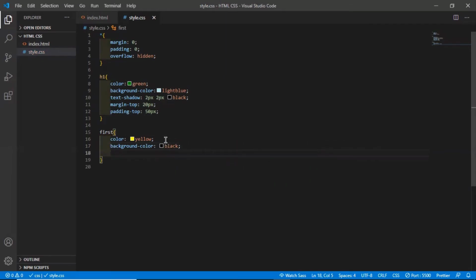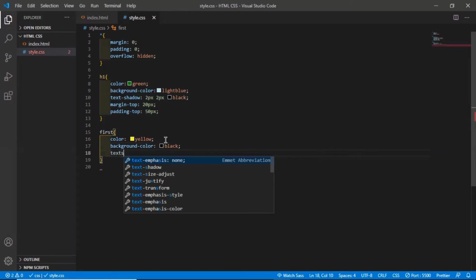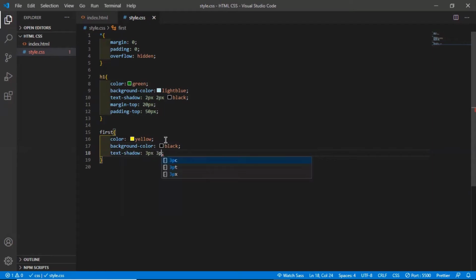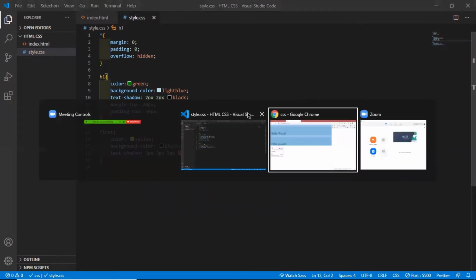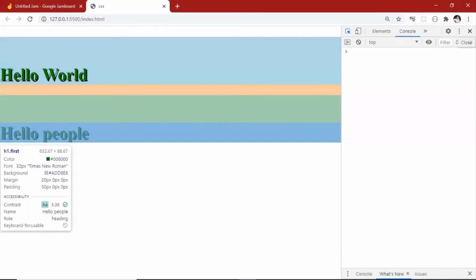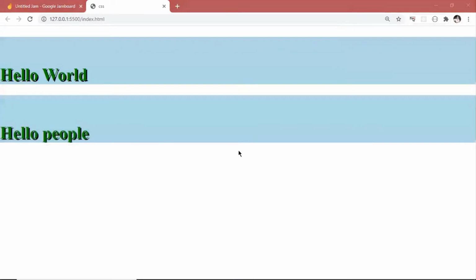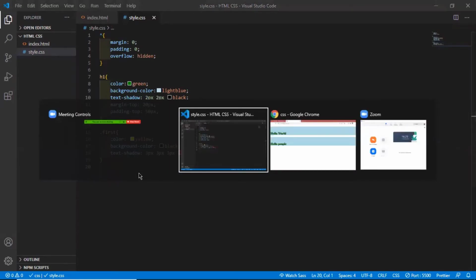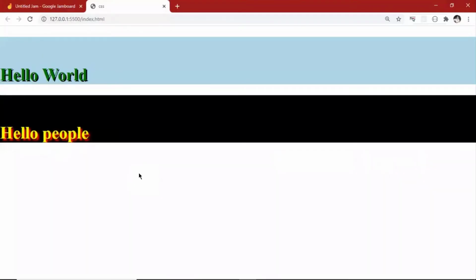And red. Let's see. No changes happen. Why is that so? It's because when we declare the class, we always need to put a dot sign. Now let's check. Yeah, right there, now it's good.